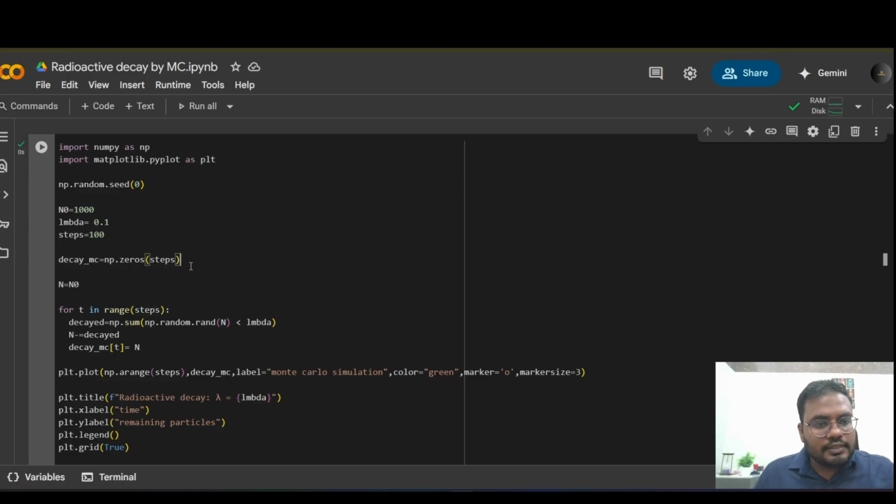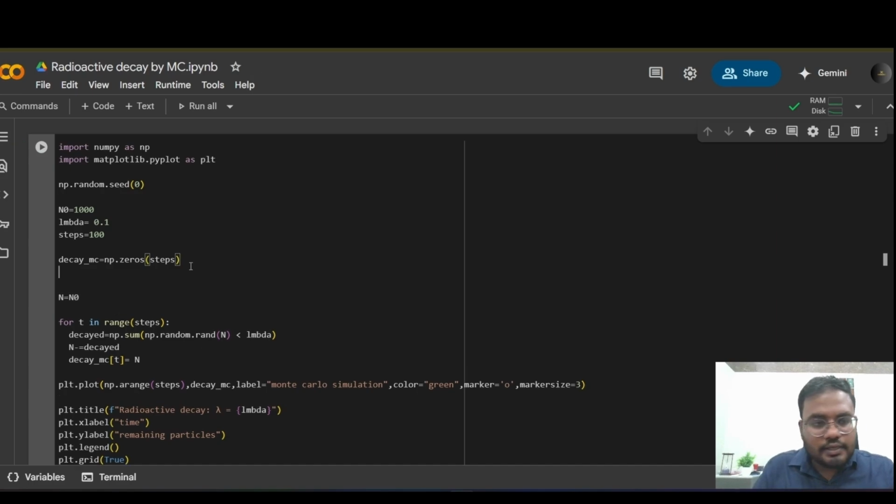So for this, let's start from here. I have to put decay exact, meaning the exact, analytical equation defining that curve. Decay exact equal to np.zeros steps. Okay, done.